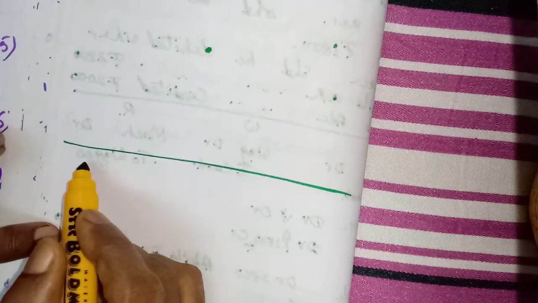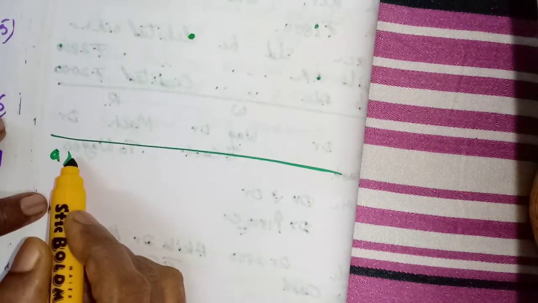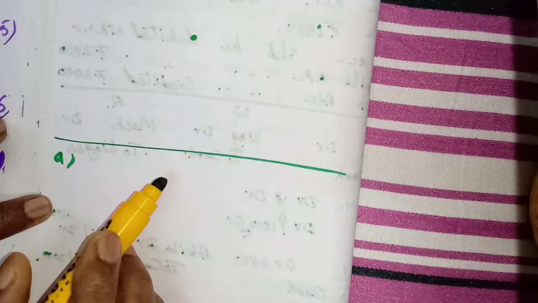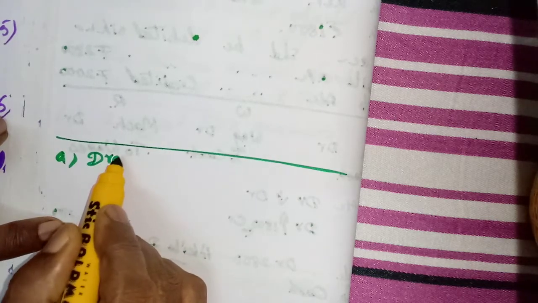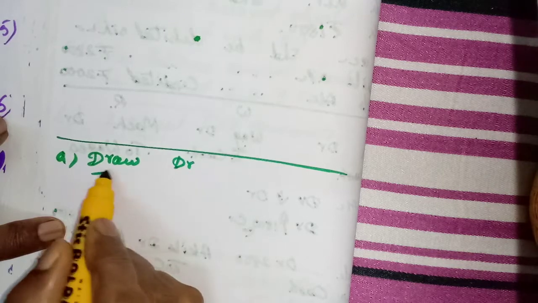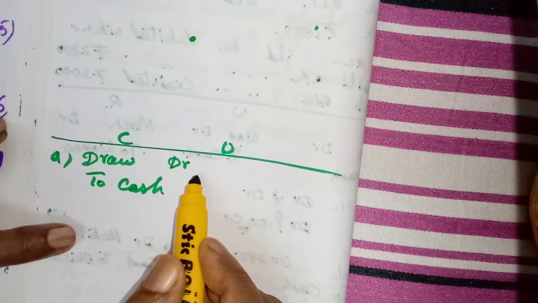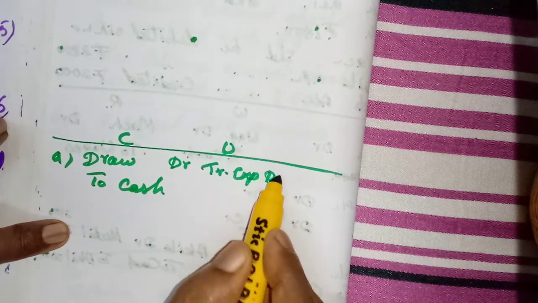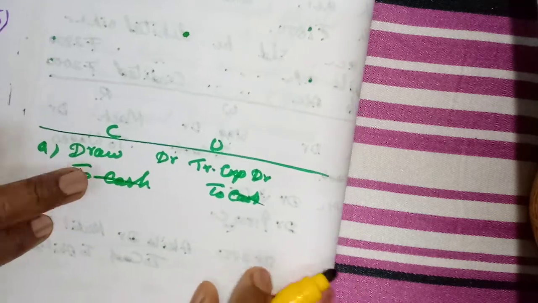Okay, first one. Personal expense of the proprietor. How will we write personal expense? It is drawings, isn't it? Drawings account debtor to cash. This is the correct entry. What is the wrong entry? Was debited to traveling expense account. Traveling expense debtor to cash. So cash, do not worry, isn't it?